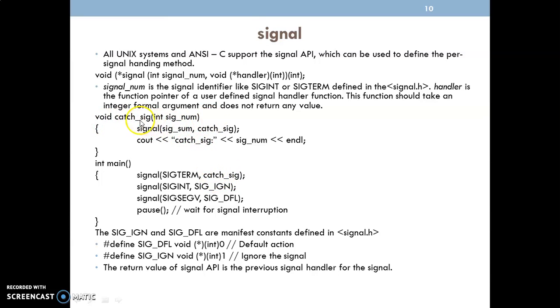Okay, so this user defined function has been called, which indicates that the signal has been caught with respect to the particular signal number. One more thing we have to understand here: the return value of the signal API is the previous signal handler for the signal. That means, for example, if the previous handling method is the default action, then that value will be returned here. Okay, we'll continue in the